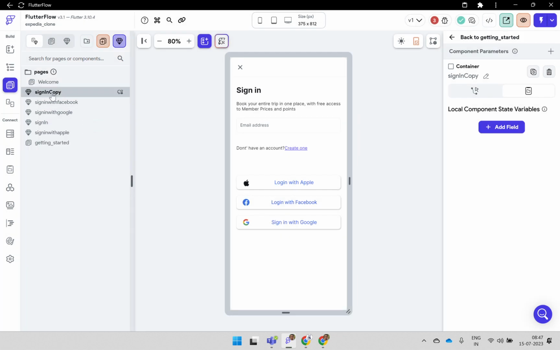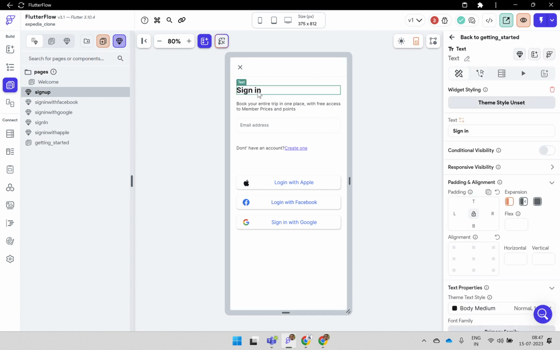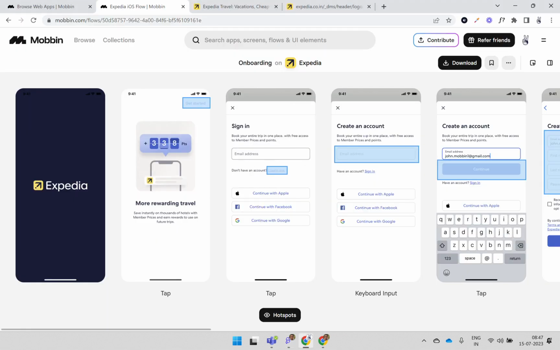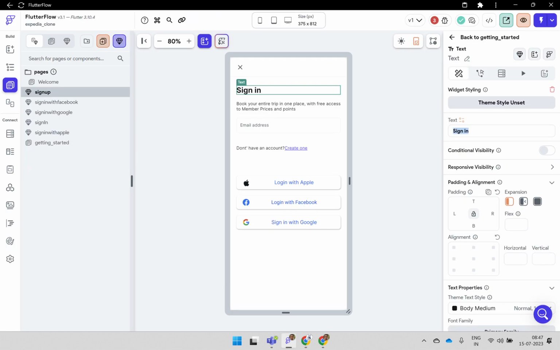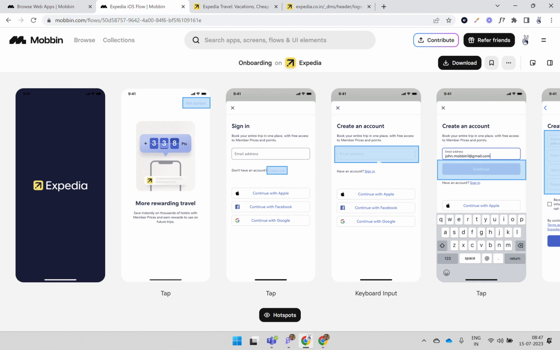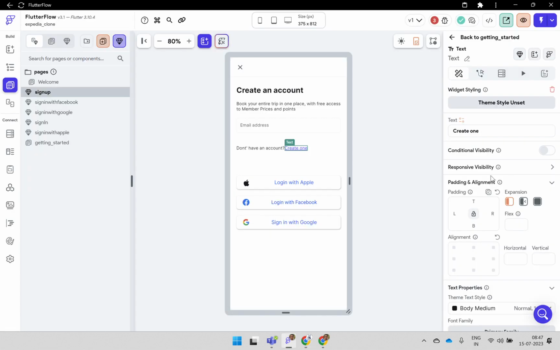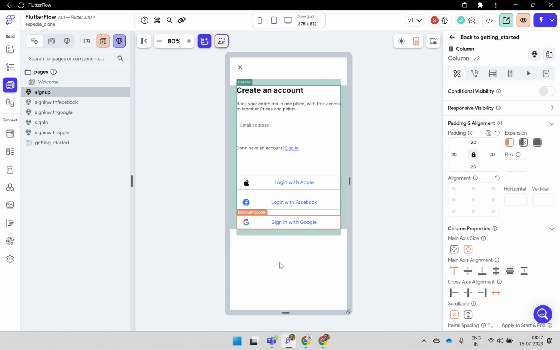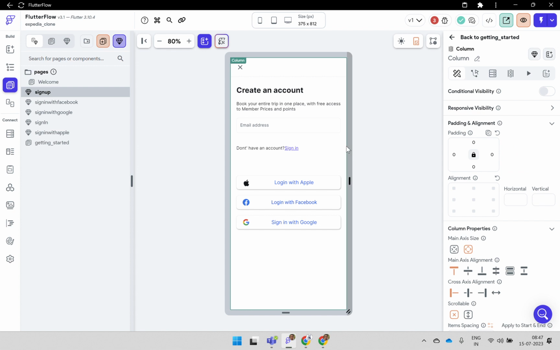Okay, now it is duplicated. Double click on this here, sign up, right? And you change the heading, create an account. Here, instead of create one, it is sign in. That's all. So your next screen is good to go,